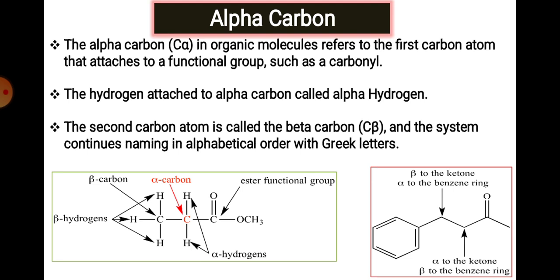So why is this carbon called a more reactive center? Here the carbonyl is an electron withdrawing group. A withdrawing group is a group having a larger number of electronegative elements. Due to the increased electronegativity of that group, its ability to withdraw electrons from the adjacent carbon is greater, so the adjacent carbon shows some deficiency. It shows partial positive charge, and that is why the carbon shows electrophilic character and the attached hydrogen shows acidic character. These two short terms should be known to you. Due to the carbonyl group, a deficiency occurs at the carbon, and simultaneously a deficiency occurs at the hydrogen also.